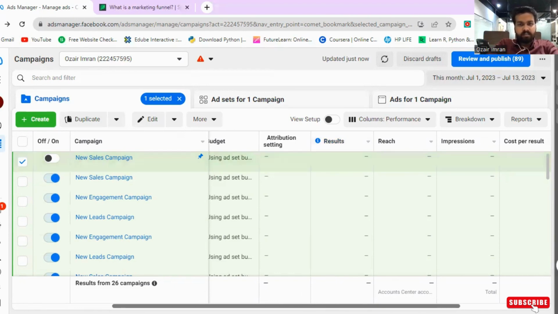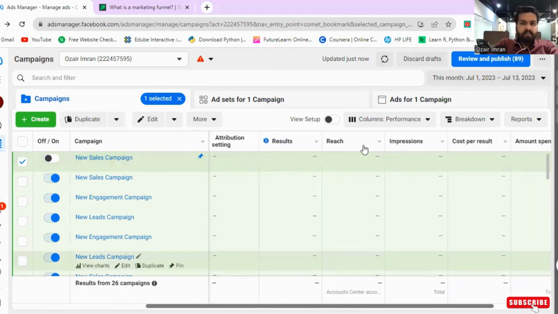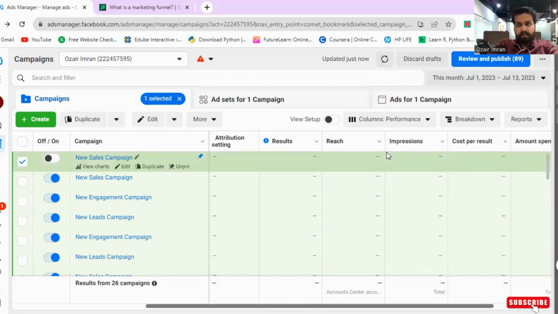So, about this: reach and impressions are basically very similar, but there's a huge difference. Reach is, for example, if I ran an ad and the ad reached 2 people, the reach would be 2. But if those two people watched my ad 3 times each, so 3 into 2, the impression